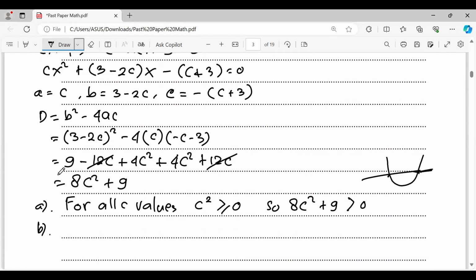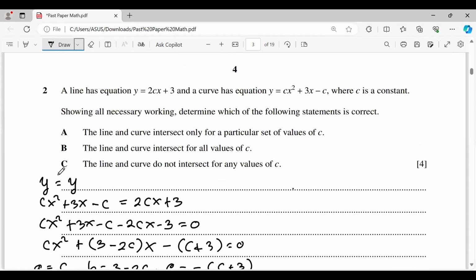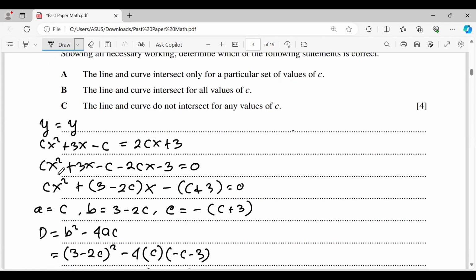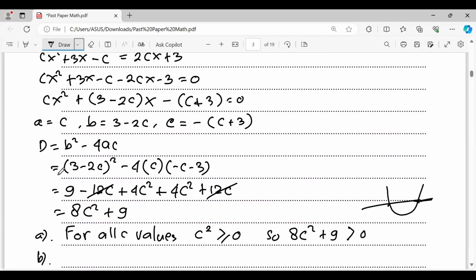For B, the line and curve intersect for all values of C. Oh, sorry, for A, only a particular set of values of C. Yeah, so it means if only one,